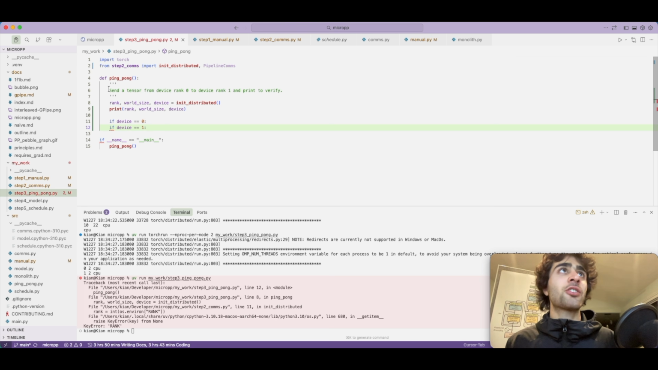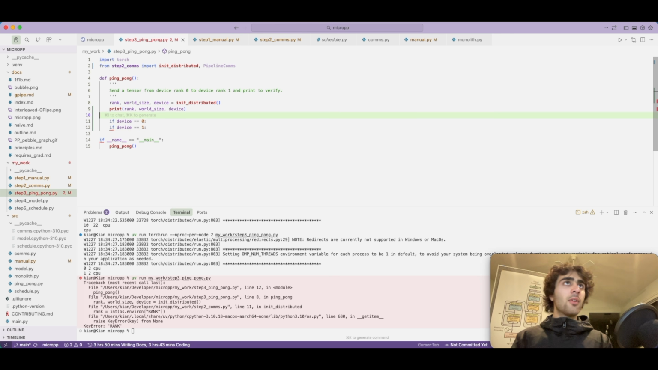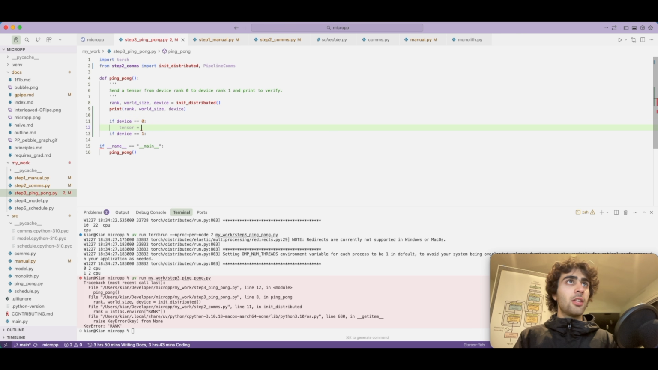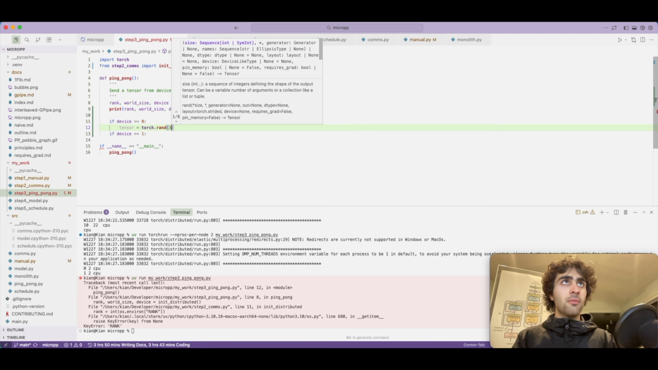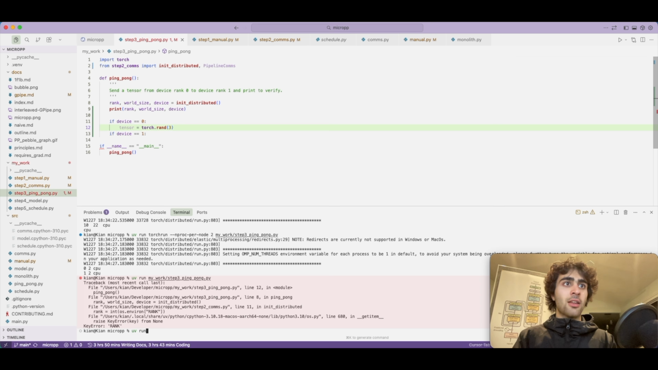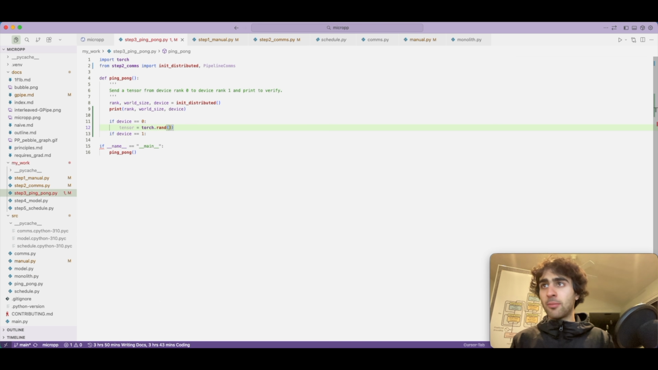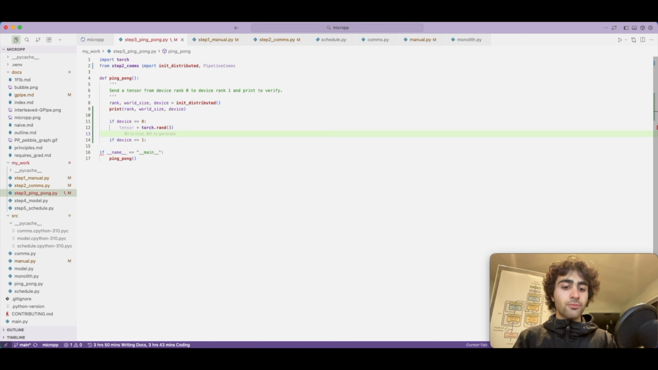So in this case, the function says send a tensor from device rank 0 to device rank 1 and print to verify. Okay, so what we need to do first of all is a tensor creation, right? We want to actually make the tensor. So we'll just do tensor equals torch.rand of 3. And what does that give us? Actually, we'll see very soon. It'll just be a random tensor of 3 values. And then we're going to say